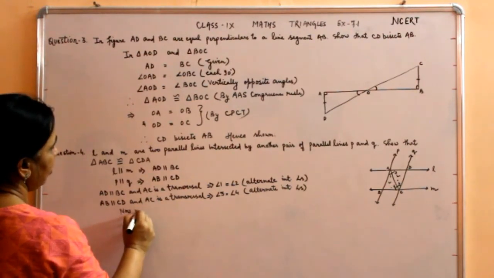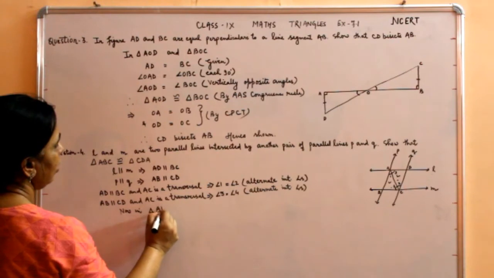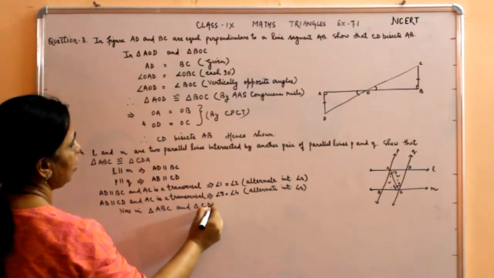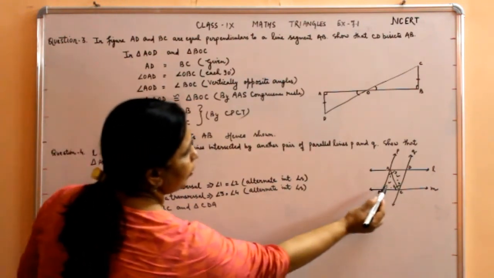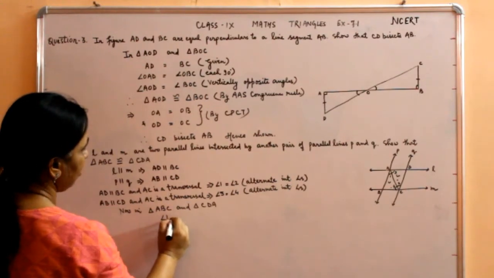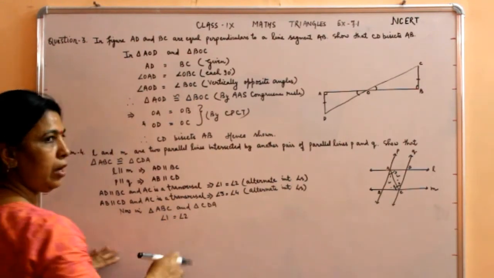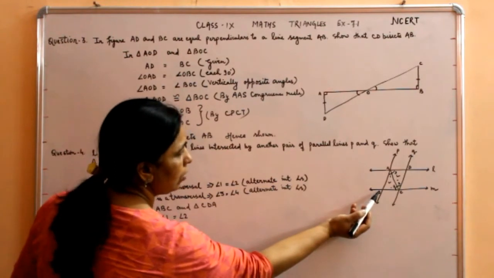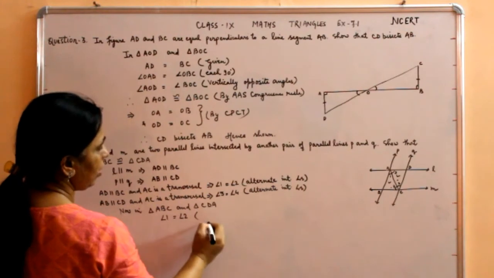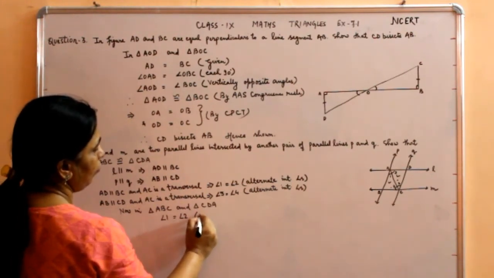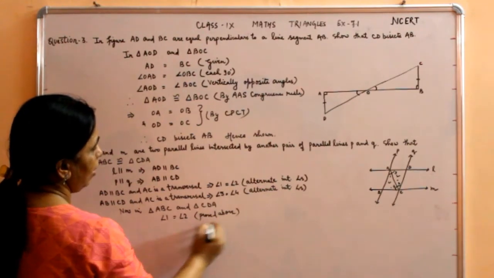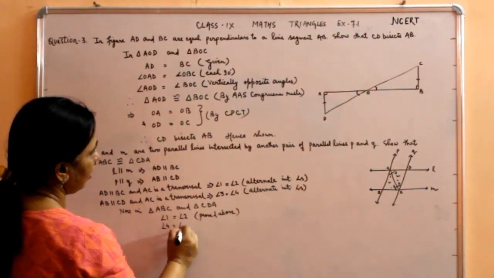Now in triangle ABC and triangle CDA, ABC और CDA के लिए बात करें तो angle 1 is equal to angle 2. You can write the names of the triangle angles also. BAC is equal to ACD, but I have written 1, 2 for making it convenient. Proved above. And angle 4 is equal to angle 3.